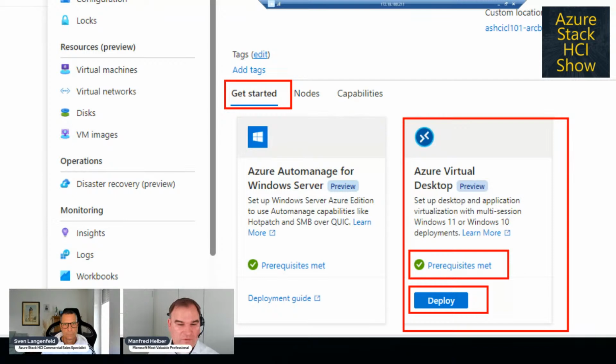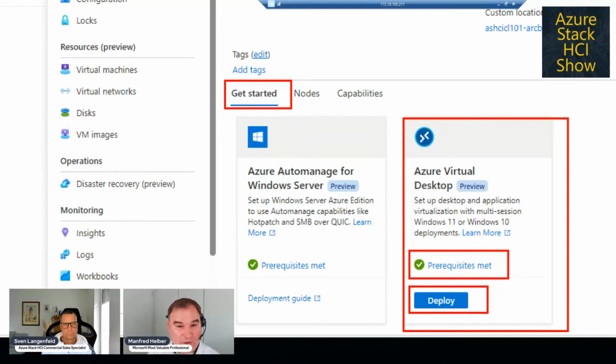And maybe in the future, or maybe already next week, I don't know, this hybrid Azure Virtual Desktop deployment can also use the capabilities of Azure Arc Resource Bridge to start and stop virtual machines on demand, because this is an interesting thing in Azure Virtual Desktop, that we can optimize our consumption in turning off unused virtual machines and start virtual machines if we need more resources. And the capability is there via the Azure Arc Resource Bridge. And my expectation is that this will also be provided in this Azure Virtual Desktop deployment.